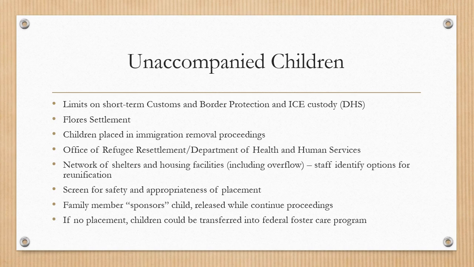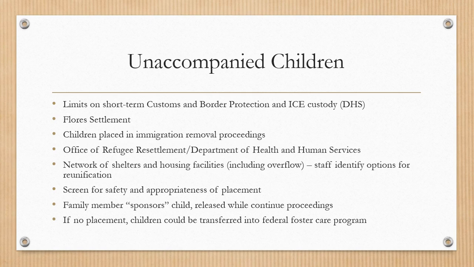And some of you may have experience working with the system or be aware of this system in your jurisdictions. But it's important to understand because it's a parallel child welfare system that many people are not aware of. So what's important to understand is that when children who are found to be without a parent or guardian are traveling into the United States and they are from what's called a non-contiguous country, so countries other than Mexico and Canada,